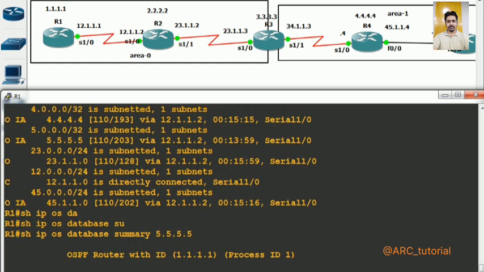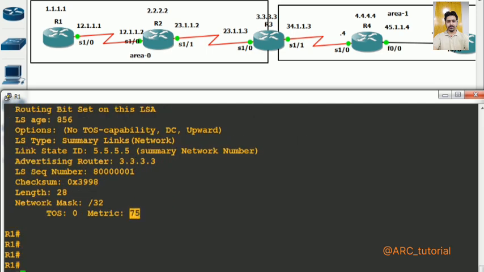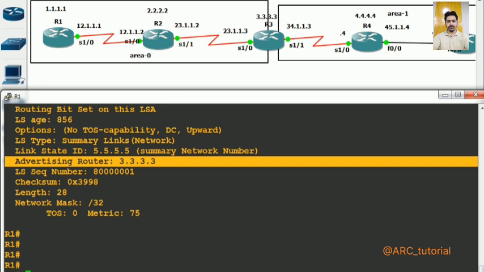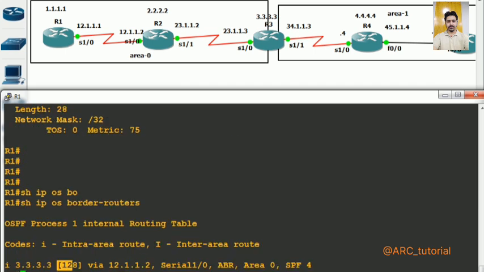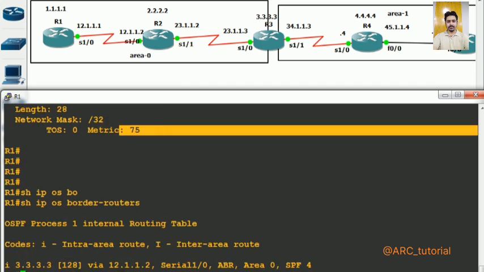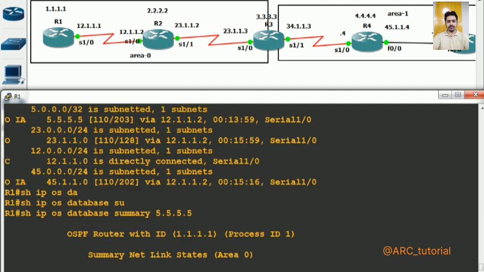But here it is showing you how much? 203. So how is it possible? See, this metric is given by R3, the ABR. You have to add the cost to reach the ABR as well. So on this router, show IP OSPF border routers. See, the cost to reach this ABR is 128 plus 75. It will become now